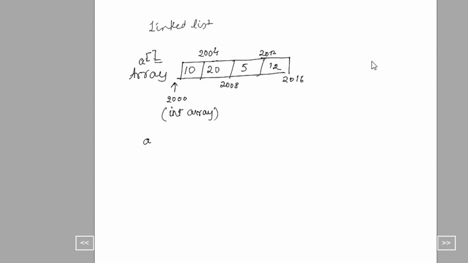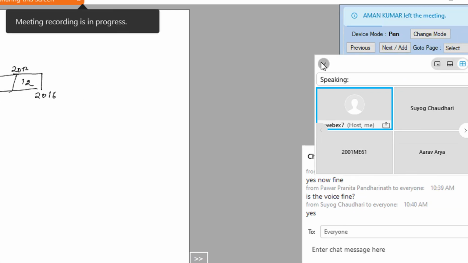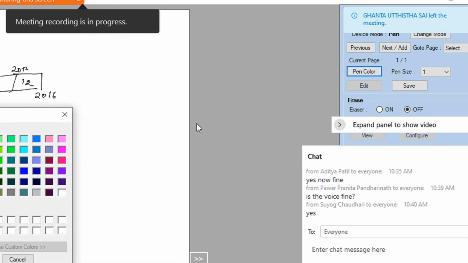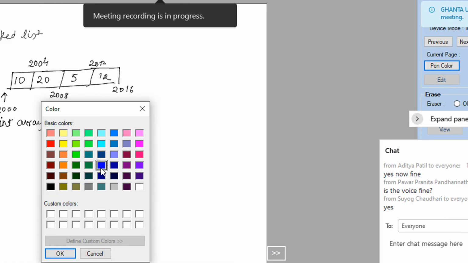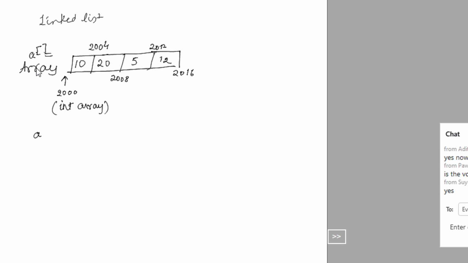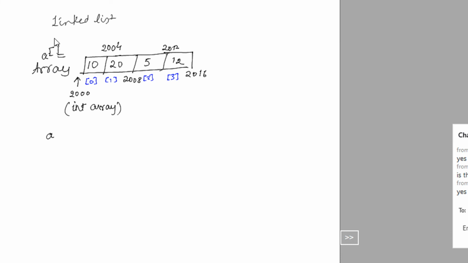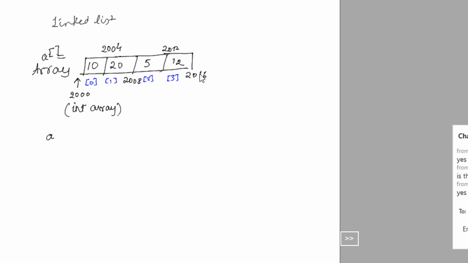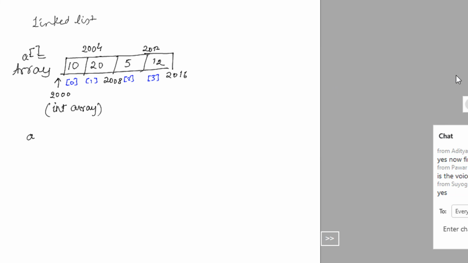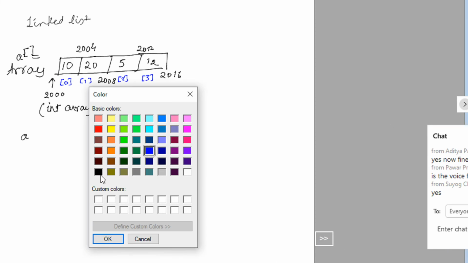So these become array of 0, array of 1, array of 2, and array of 3. You can directly refer to them by index. Now array has of course some advantages. You can directly index, they are stored in continuous memory locations, very fast and very efficient to work upon. But the issue with an array is, let me explain in another diagram.